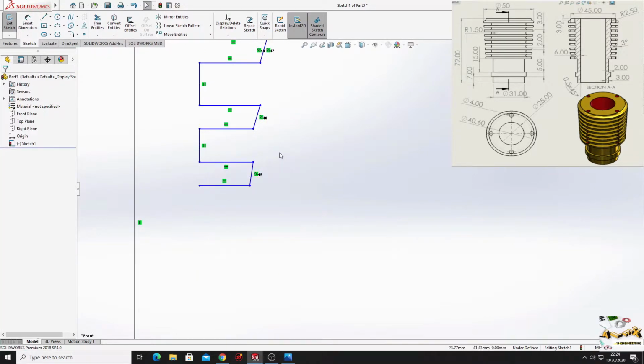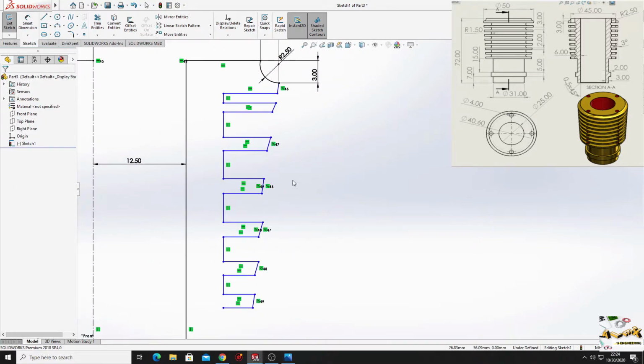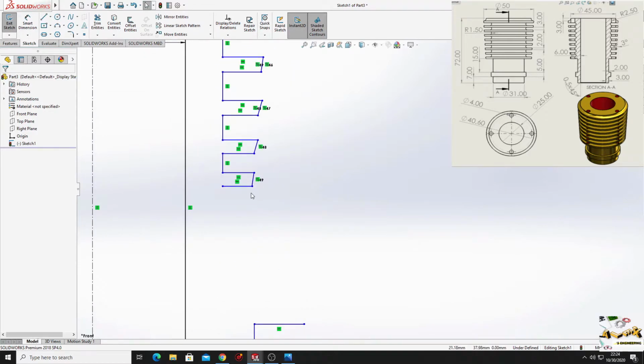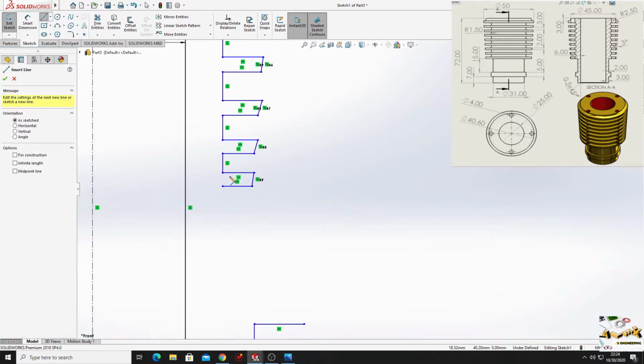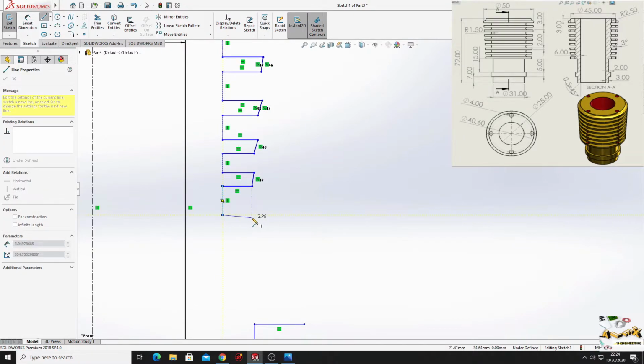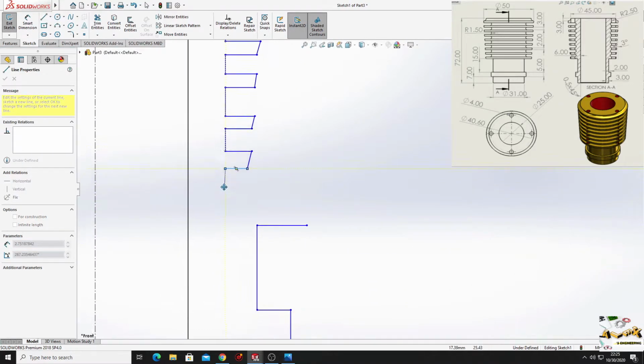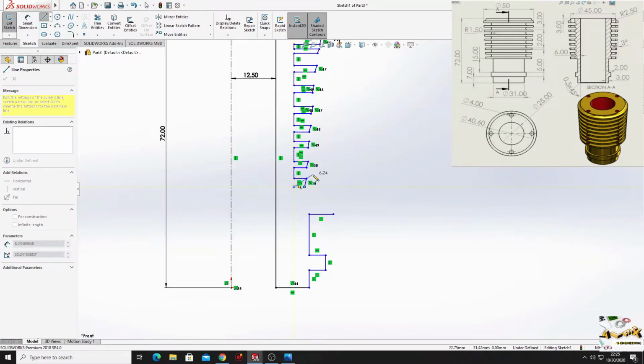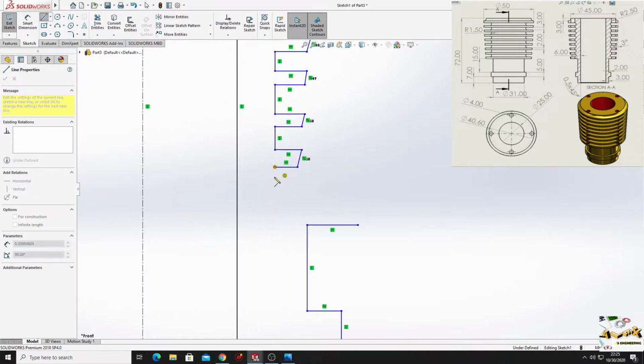Let's see how many we have. So 1, 2, 3, 4, 5, 6. We need 8, so we need 2 more. Okay, and 1 more. Okay.